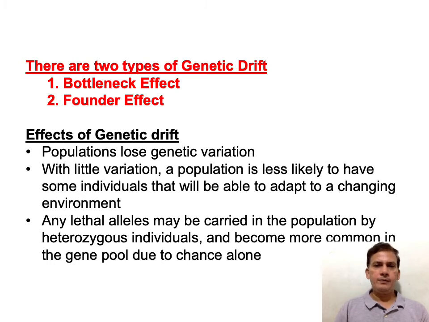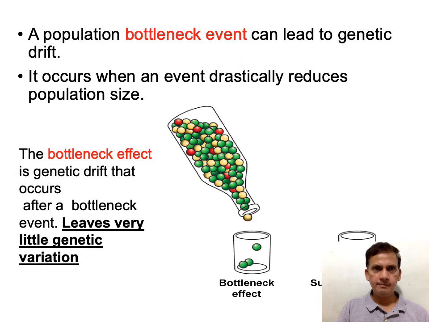So if the individuals are carrying heterozygous alleles, because of the dominant allele it is quite possible that the recessive allele is not expressed. However, if this heterozygous population is left alone or only few individuals are there, then it is quite possible that those recessive alleles may also express. Now those recessive alleles may be responsible for a disease, or they may be responsible for the lesser adaptability of those individuals. So now, what is a bottleneck effect?